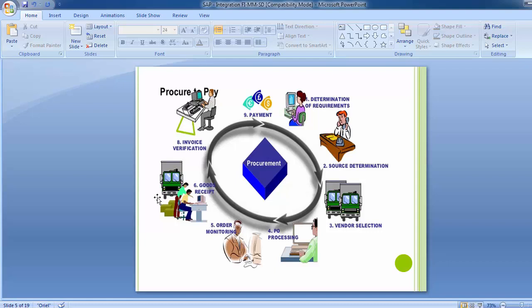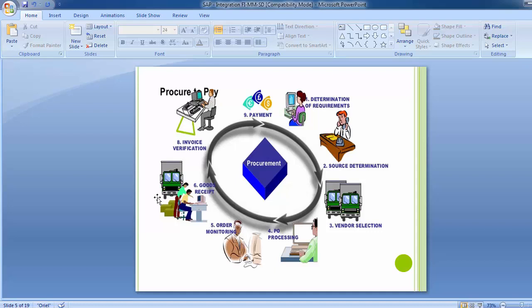That means you are receiving the goods at the gate of the organization, and it has to be received with reference to the purchase order. Once you receive the goods, a material document number and an accounting document number is created after posting into the SAP system.